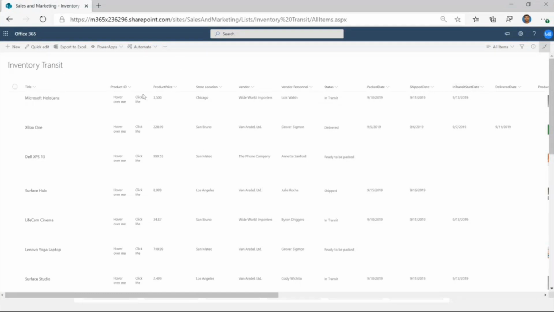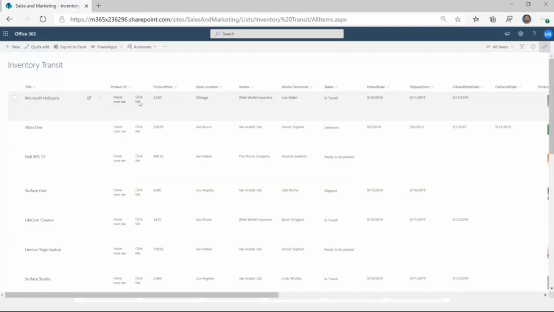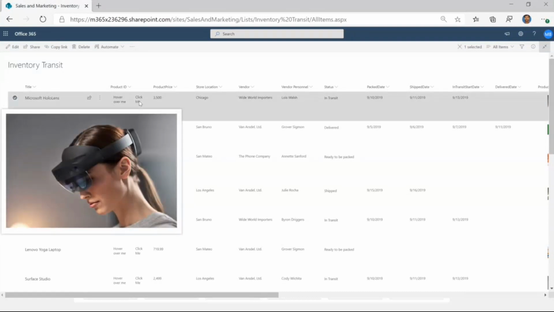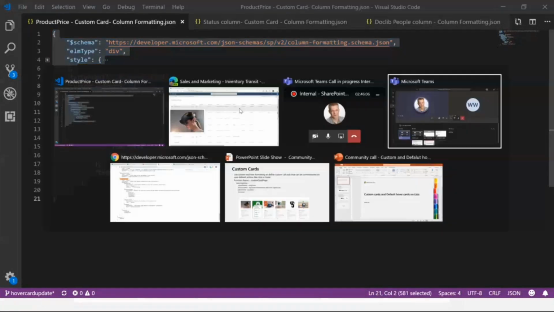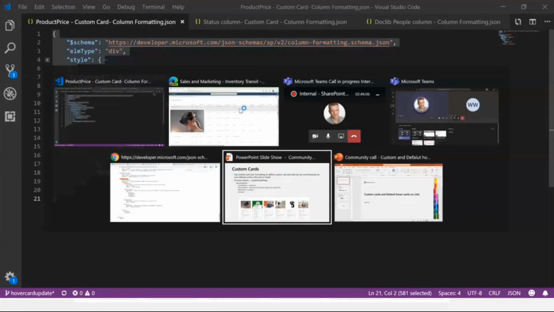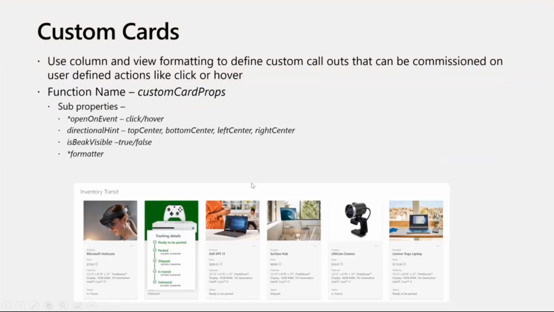I have some other experiences also: on hover, I can do image hover icons, or on click, I can define certain cards. So I think this is the demo that I have for custom cards. This can also be applied to view formatting. I'm talking from column formatting, but the same functionality is also available for view formatting.